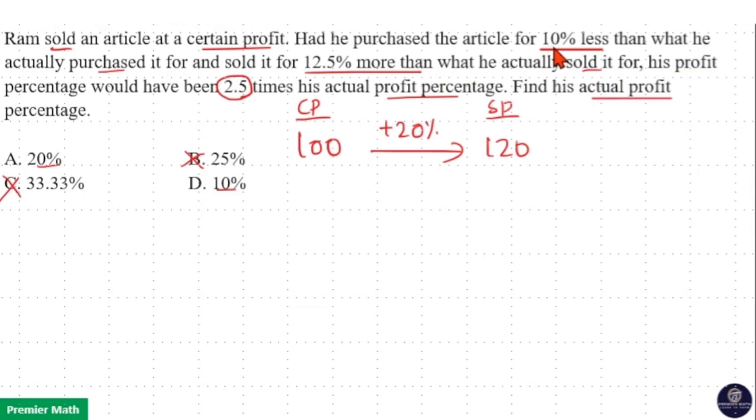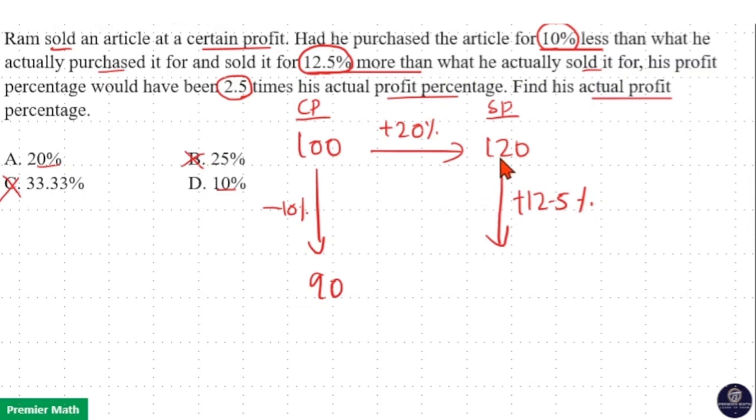And question says, if Ram purchased the article for 10% less than the actual cost. Here actual cost is 100 rupees. 10% less means he should purchase it for 90 rupees. And if he sells it for 12.5% more than the original selling price. Here original selling price is 120. If he sells it for 12.5% more means